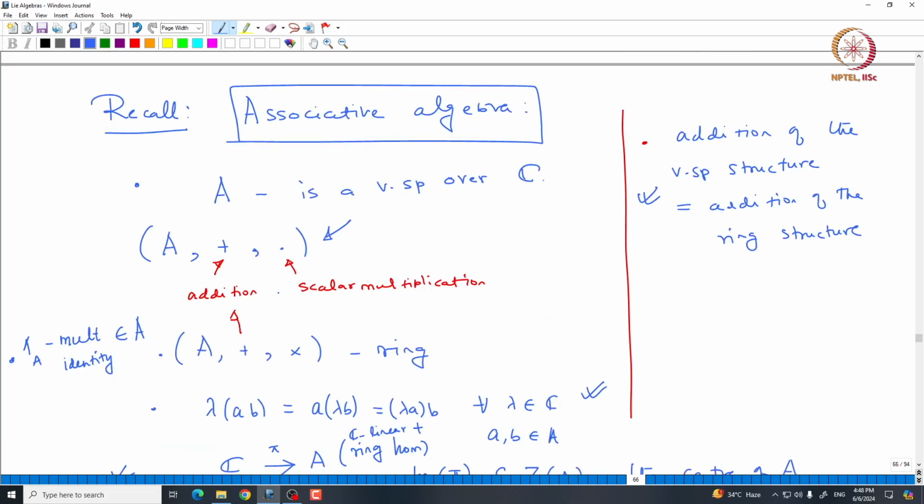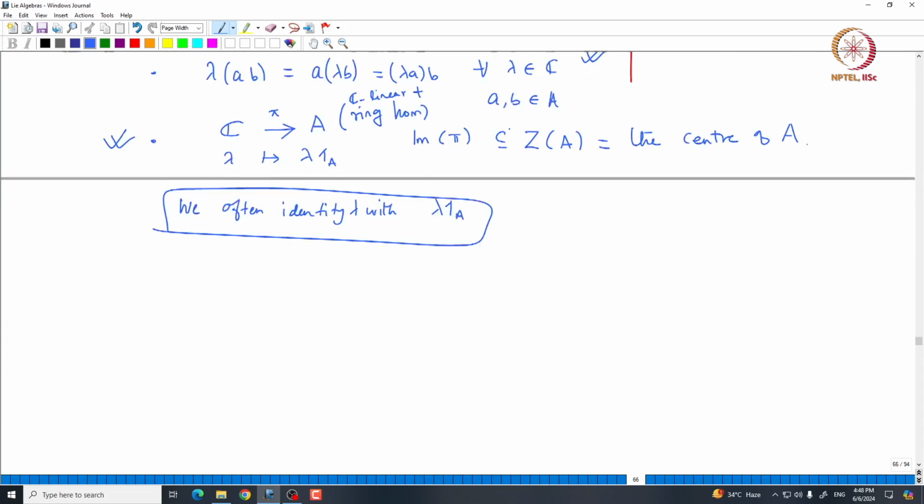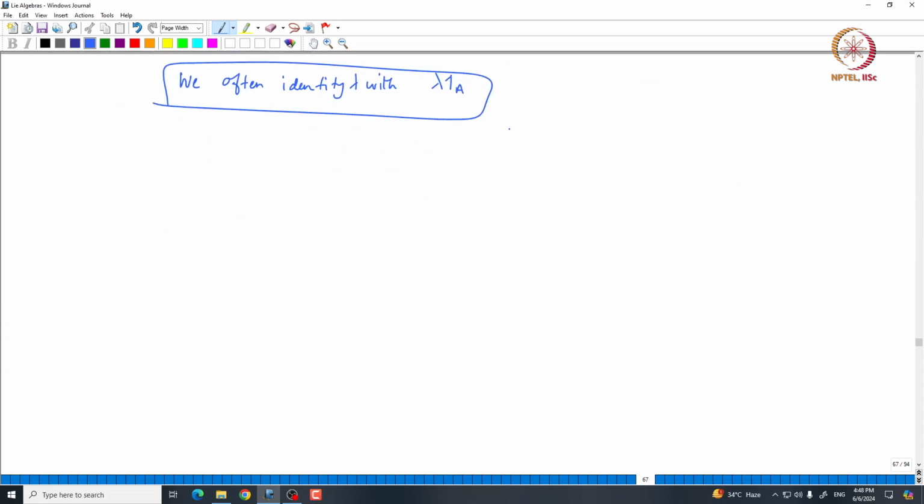Okay. For example, if we take the set of all matrices with matrix multiplication, matrix addition and scalar multiplication of matrices, using that it actually becomes an associative algebra over C. So, we are only going to deal with associative algebras over C. Now from this ring theory, or associative algebra theory, we can also study modules. For example, if I start with A, which is just an associative subalgebra of M_n of C,